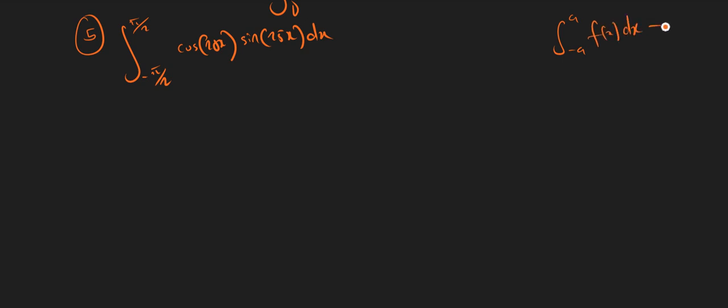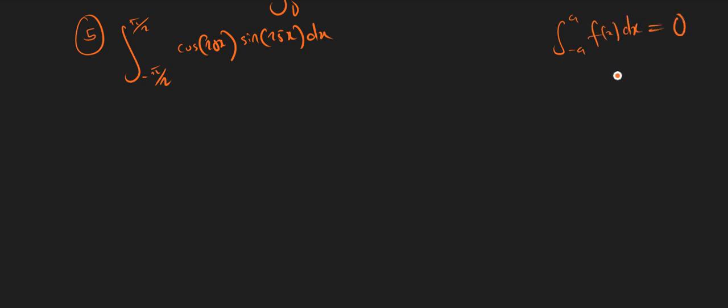Problem 5 is all about this function here, the integral from negative pi over 2 up to pi over 2 of cosine of 20x times sine of 25x dx. Now, whenever you are given any integral and the limit of integration is a symmetric interval, let's say from negative a to a, you should remember that the integral from negative a to a of f of x dx equals 0